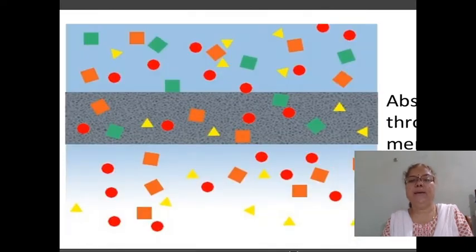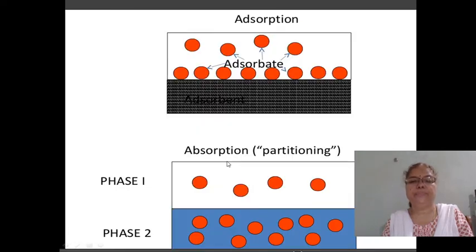Then this is diagrammatically shown, the penetration of these particles into the bulk of the substance, this phenomenon is the absorption. Here again, these are the adsorbate molecules, and they get collected, they get accumulated on the surface of the adsorbent. And here these gas molecules get penetrated into the second phase. This phenomenon is the absorption.